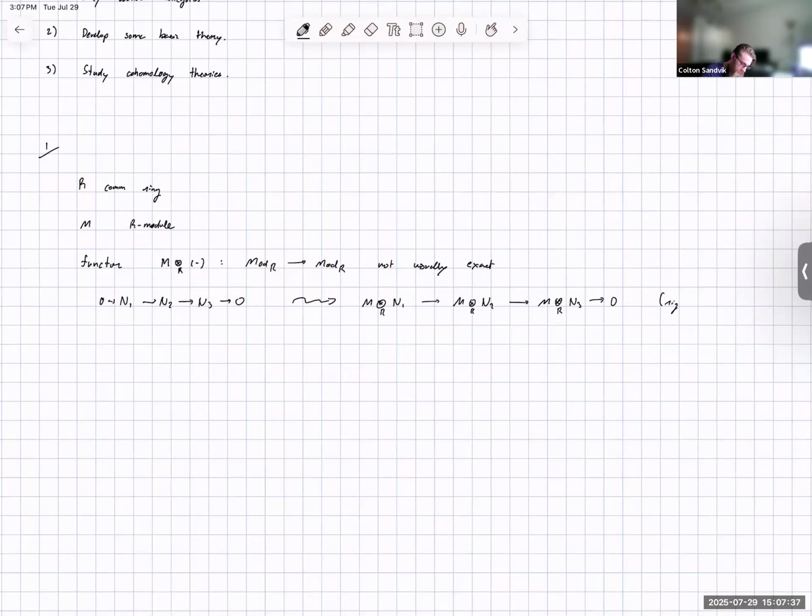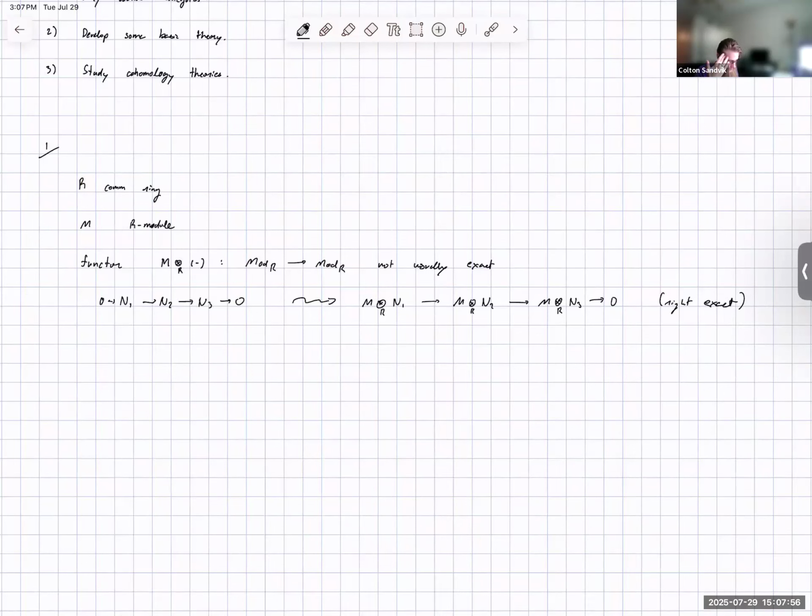So this is what's called right exact. The key part that's missing here is that we don't have exactness at this last place. This last map, or this first map, might not be injective. And so this is kind of a pain,